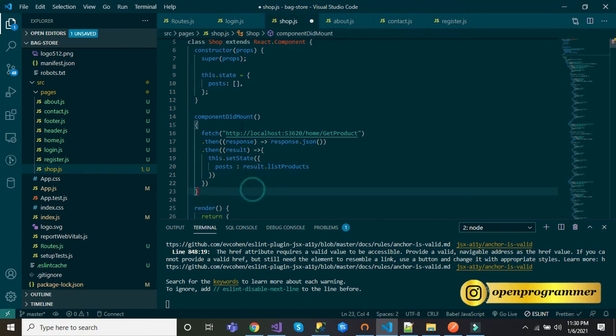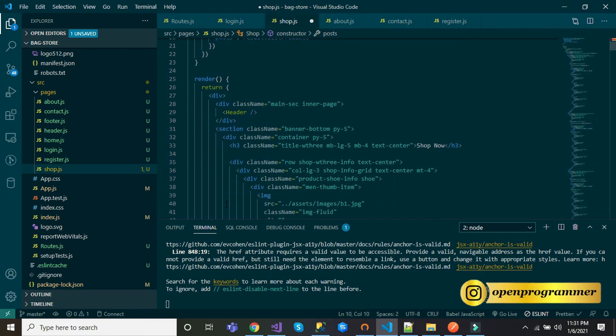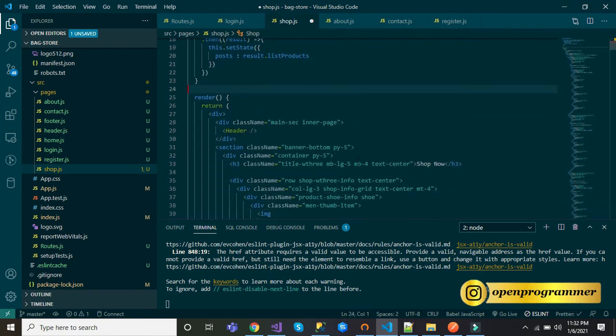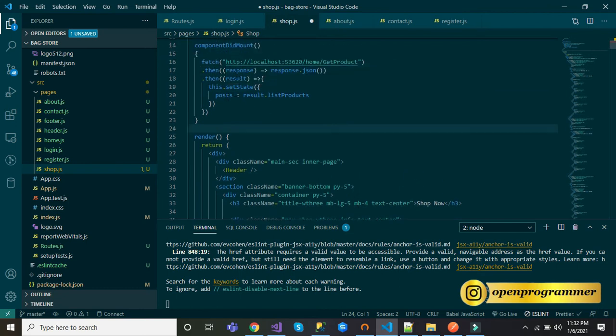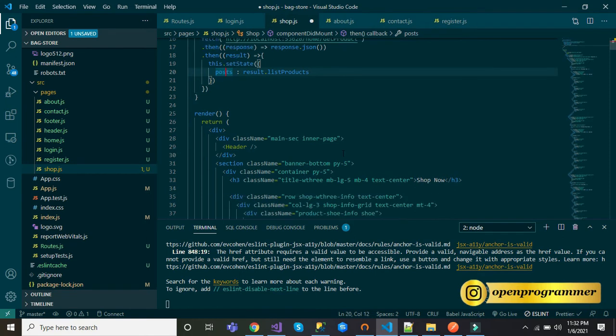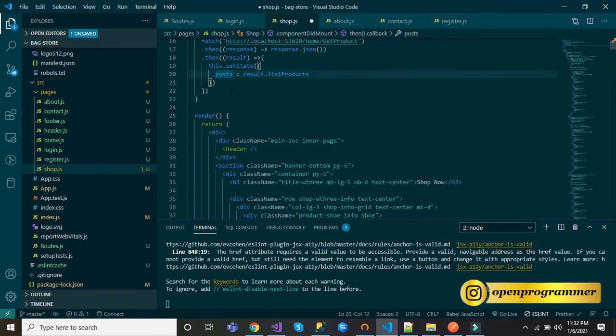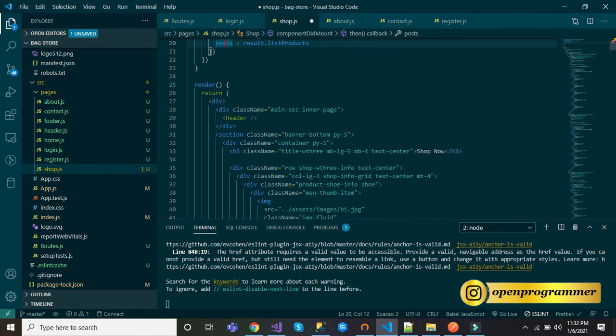So we are done with our componentDidMount. Once it calls this API, it will get the response, and if we get the response properly, then we are resetting our post variable. All right, after that, the next step is to get all these items data, or you can say products data, and map this HTML with that array of products.